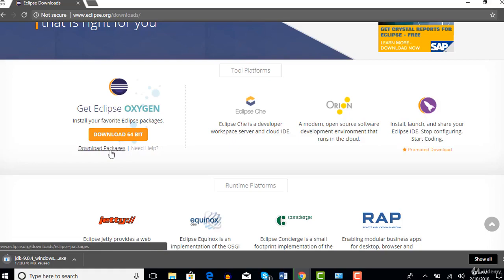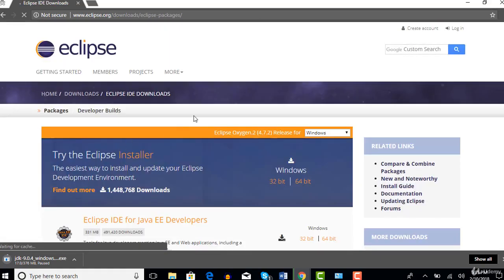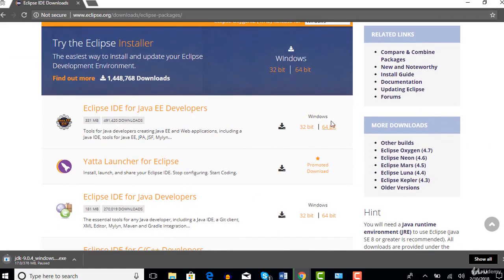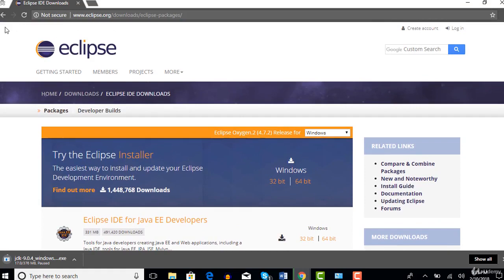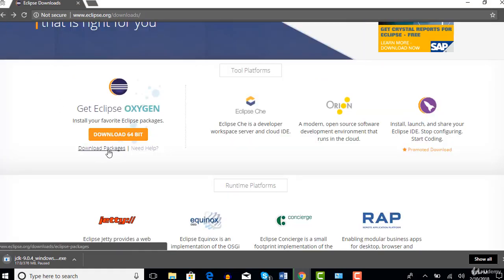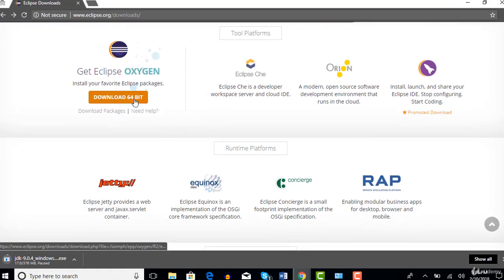If not, then click on Download Packages and select the right one. I would recommend selecting Download Packages instead of doing this, and I'll let you know why.